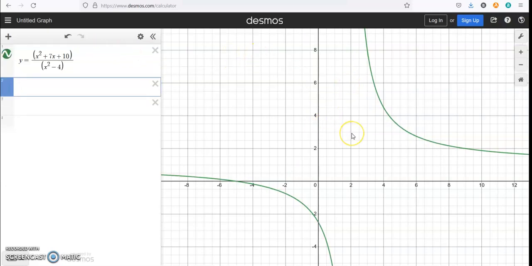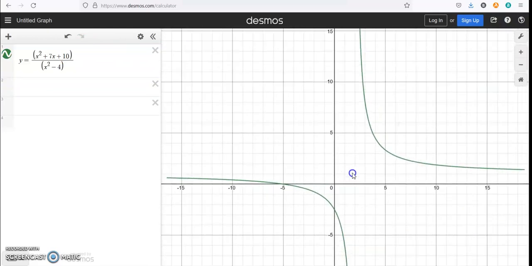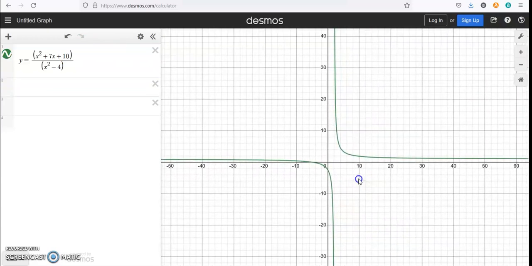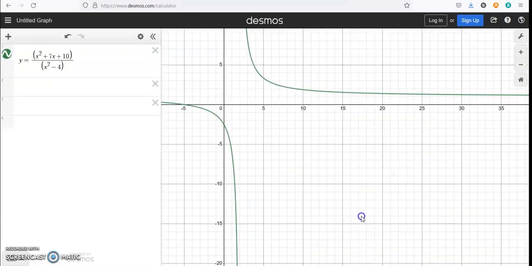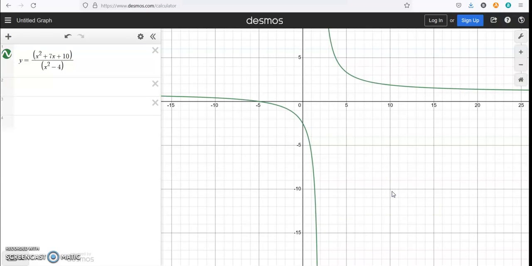Now, this function, if you look at it, you can see a discontinuity right here, and that discontinuity is happening at x equals 2. You can also see, actually you can't see, but you could see if you found the value, there's also